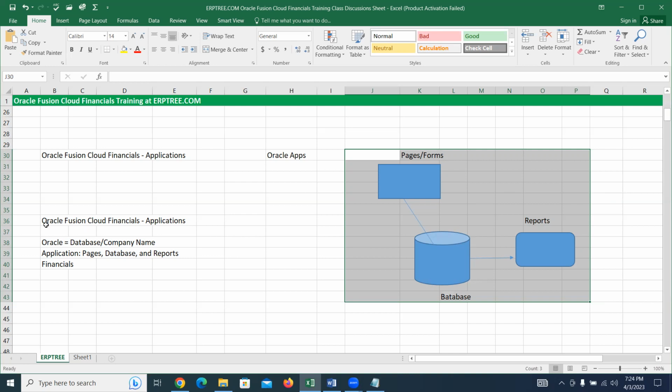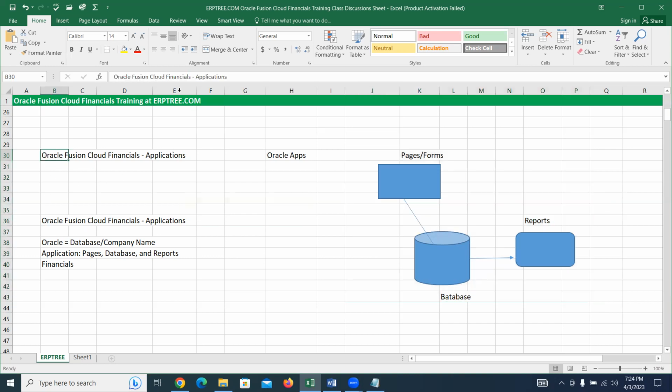Let's try to understand the meaning of this name. What is the meaning of Oracle Fusion Cloud Financials? First, what does it mean by Oracle? It is a database or a company name. Oracle is one of the very famous databases in the market. The company called Oracle entered the market with the database concept.